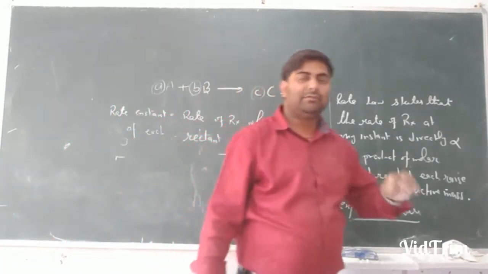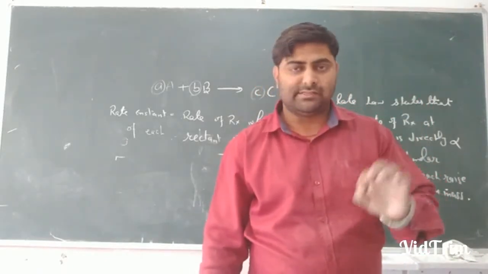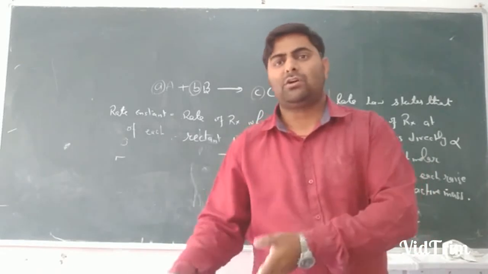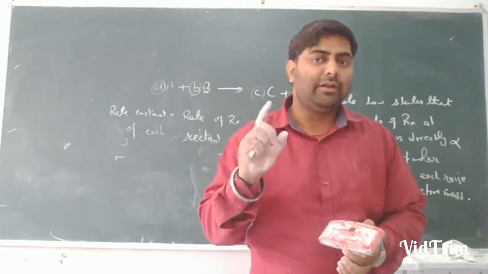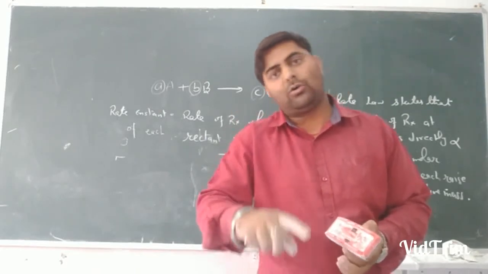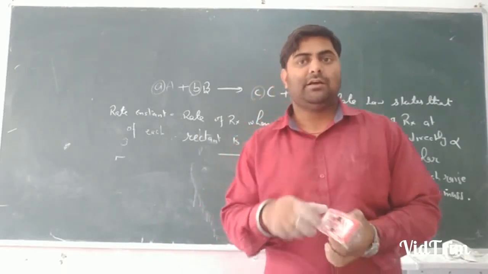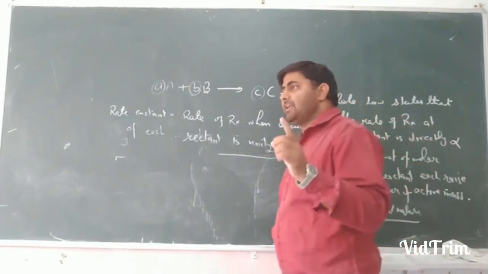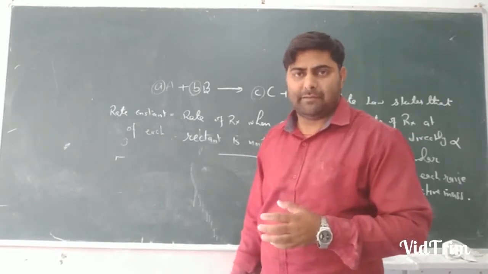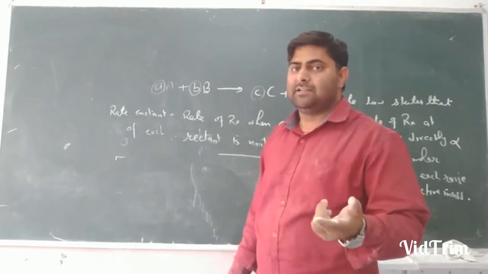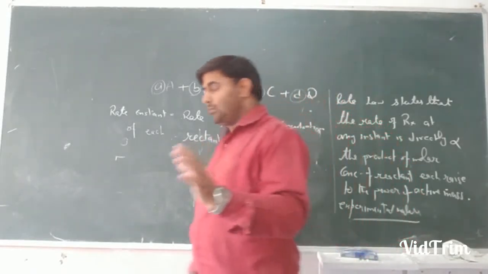Now one thing which is very important. The rate law expression deals only with the concentration of the reactants. It has no concern with the product, because the rate law deals only with the reaction in the forward direction or only with the reaction in the backward direction. It does not deal with a reversible reaction. That thing must be kept in mind. If we take a reversible reaction, then it becomes chemical equilibrium. But chemical kinetics deals with only the concentration of reactants or only with the concentration of the product.